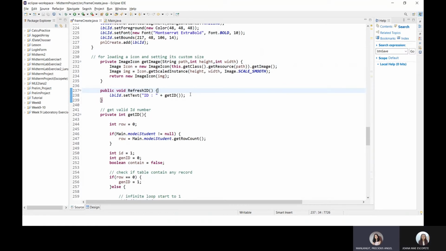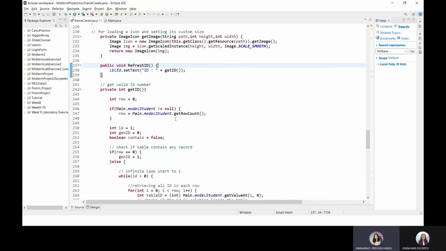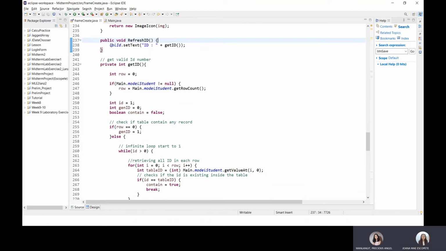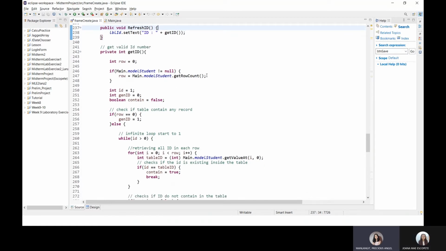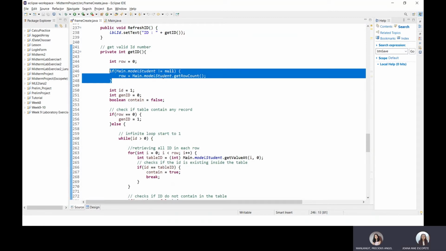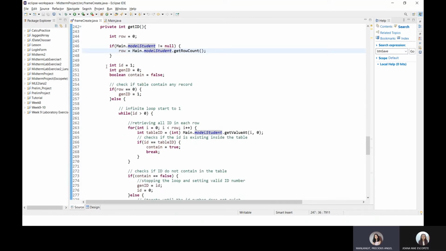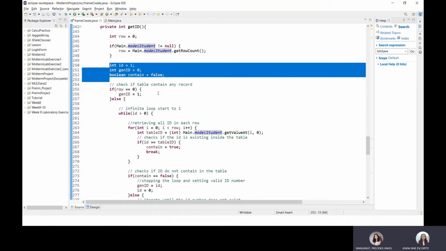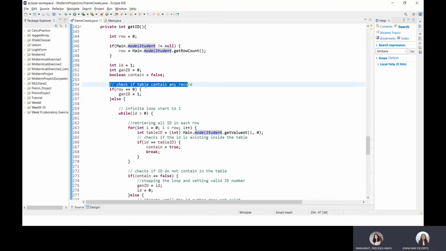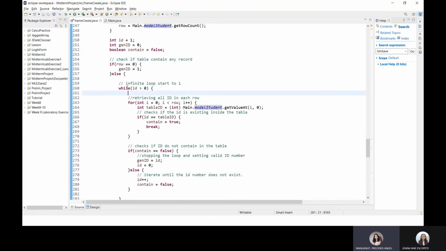The next method is for refreshing the ID, named refreshID. It also contains another method on how we generate the ID, named getID method. So for this, we first created a variable named row, which is 0. Then it will check the table if the row is not empty. If it's not empty, the row variable will store the number of rows in the table. The variables ID and genID are used for checking if the table already contains the ID number. So if the row is not equal to 0, then